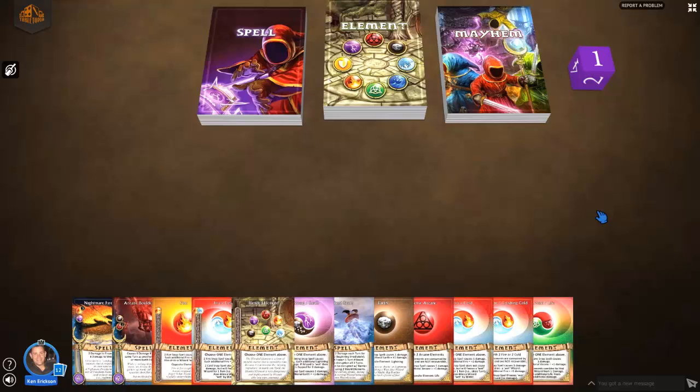In this video we're going to keep it really simple and go with just the very basics of the cards included in Magicka Mayhem and exactly how to read each of those cards. We'll call that kind of a card anatomy. So the three different card types in Magicka Mayhem are spells, elements, and mayhem. We won't go into mayhem cards too much at the moment, but we will go into spell and element